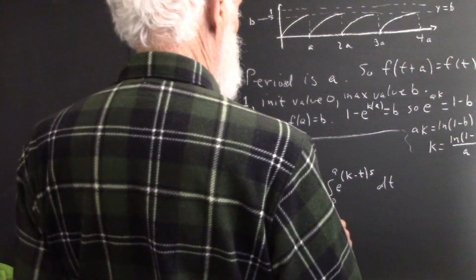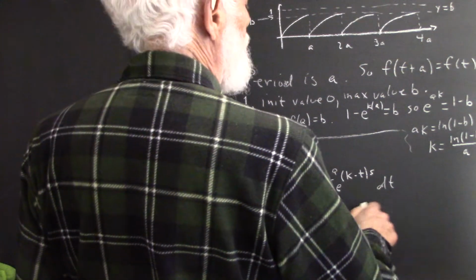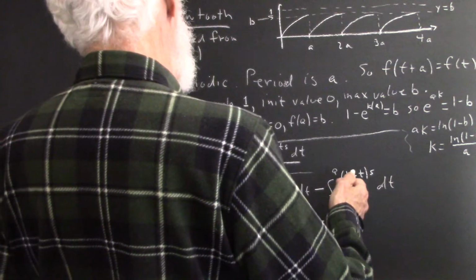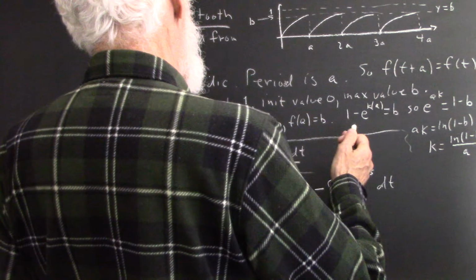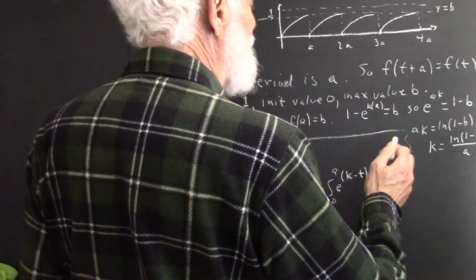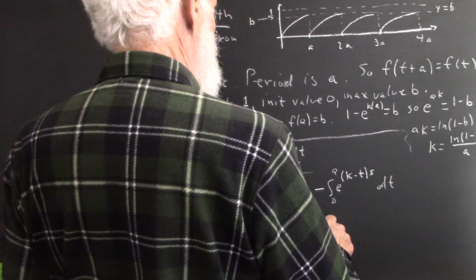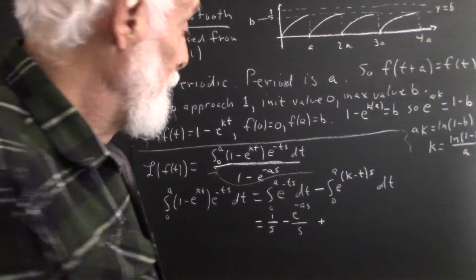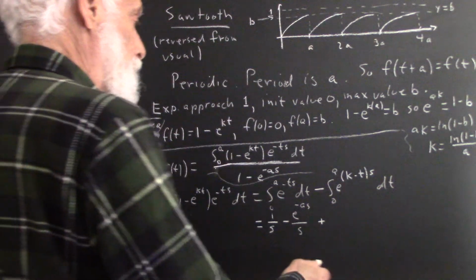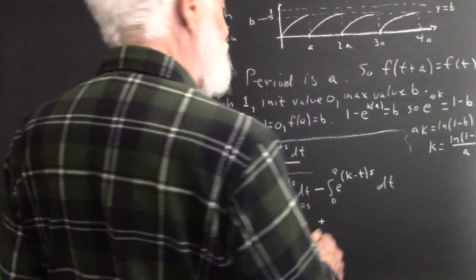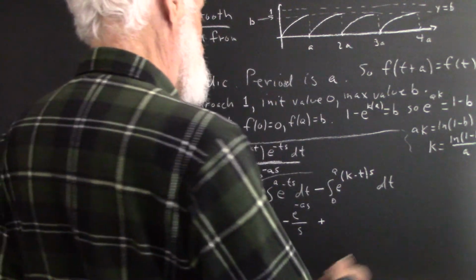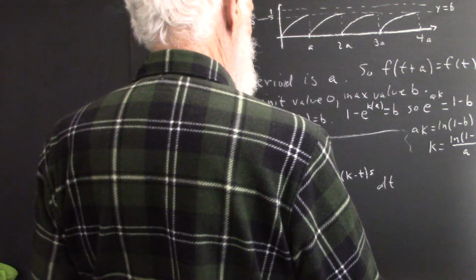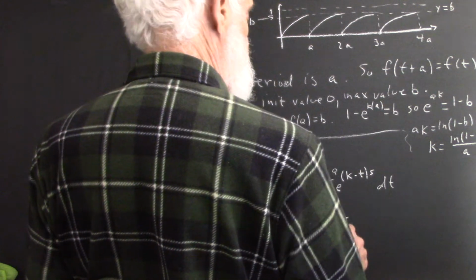Okay, and then this is minus... too many minus signs. You're going to get a minus sign from this. You let u equal k minus t, you're going to get the integral of u times negative dt, and that'll take care of this negative. So I believe it's going to be positive. Again, I'm doing this in my head and I'm skipping steps, so you know how that works out a lot of times. So do it yourself and either verify what I'm doing or show yourself at least that you're right and I'm wrong. But anyhow, this will be